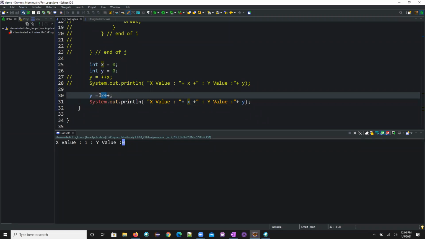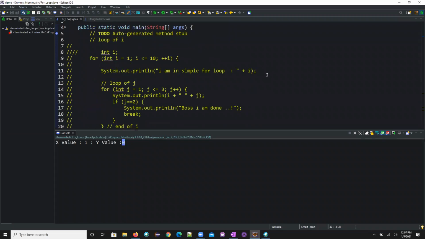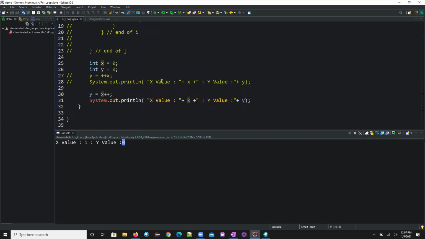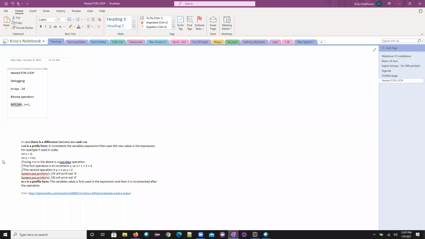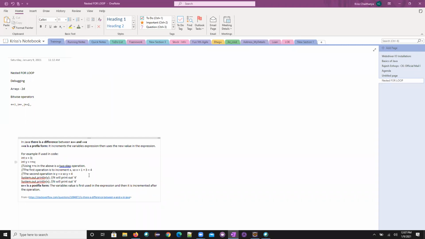It's not updated. Do you remember when we were executing our for loop, until I come to this, it was not incrementing. I'll go back to that example also. So the pointer we need to understand is that we have two forms: one is pre-increment and one is post-increment. What is the basic difference between x plus plus and plus plus x? The pre-increment increments the variable expression and then you use the new value.